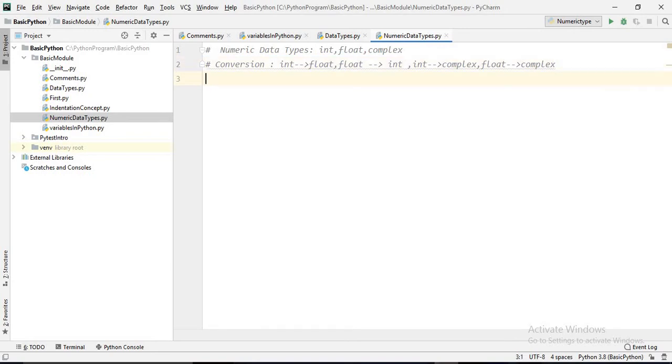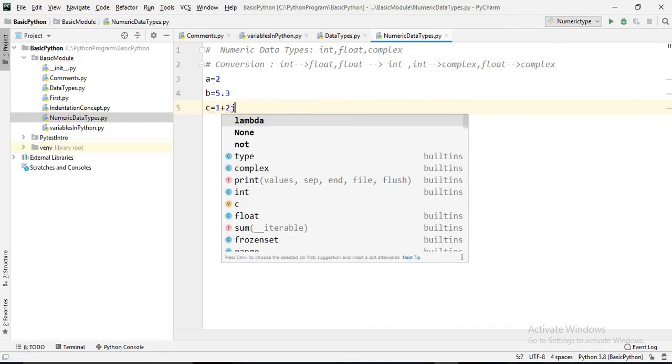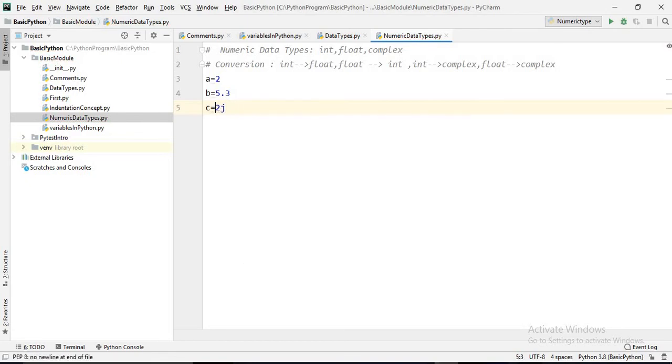So let's start. If we assign a equals 2, b equals 5.3, and c equals 1 plus 2j, this is the imaginary part. How can we know which data type each is?